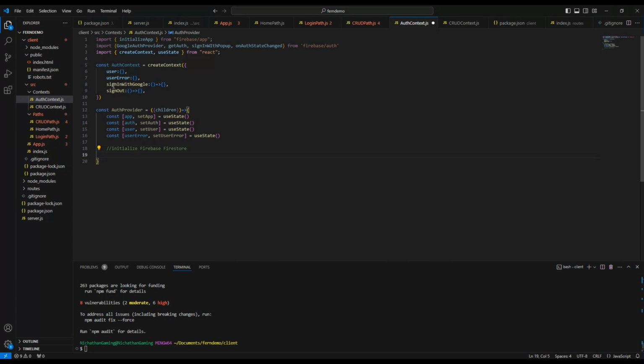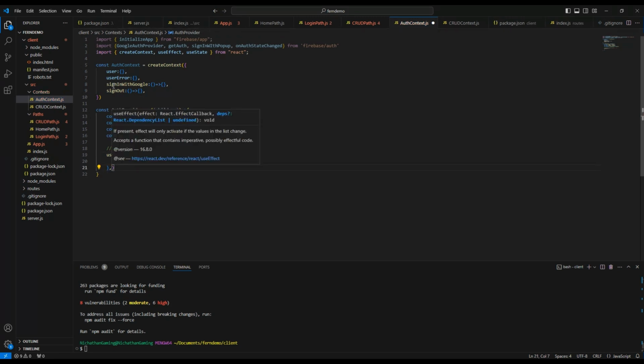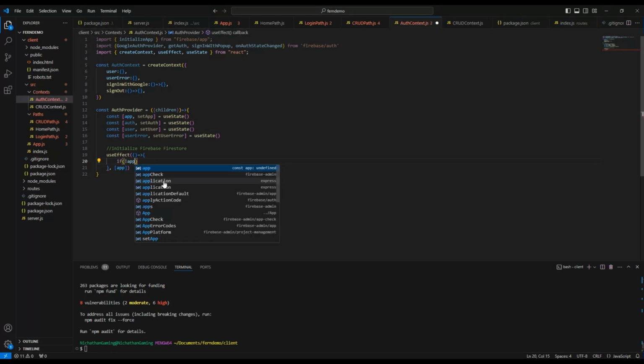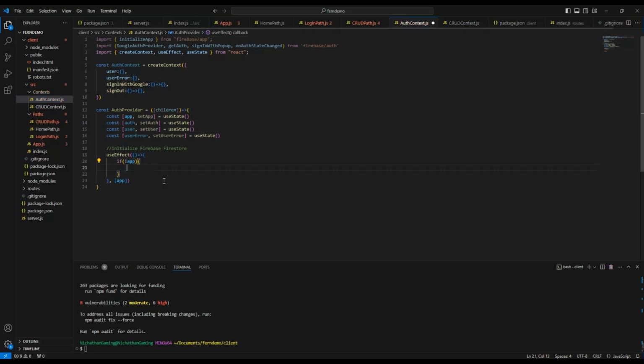So I'm going to put this in a use effect. Make sure you get that from React. Use effect is a thing that's going to run whenever the things in your dependency list changes. So I'm going to put this on app. It will also run once when the app starts. In testing mode, it will run twice. So if we do not have an app yet, if app is null, then I want to say